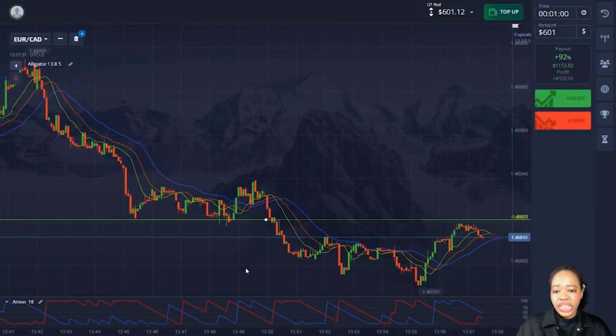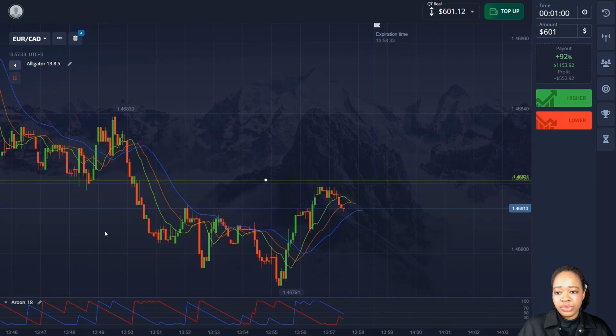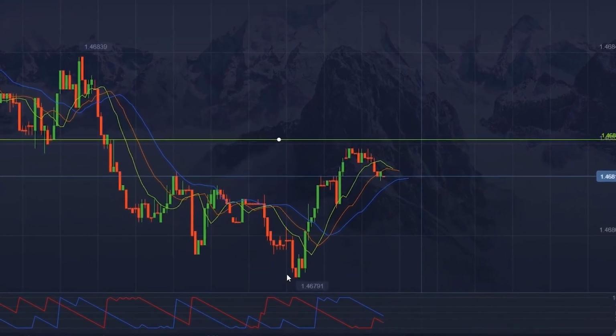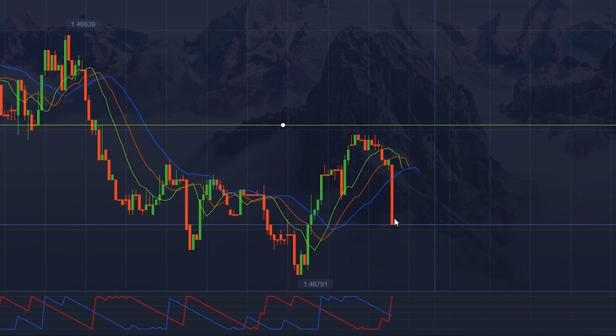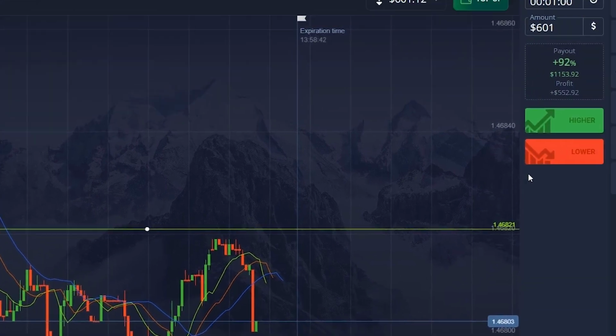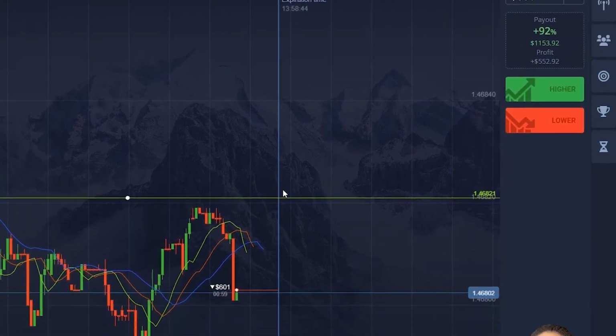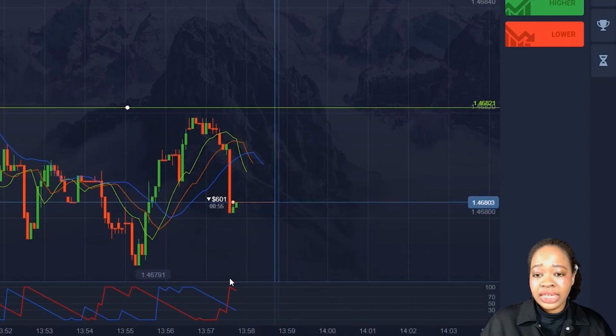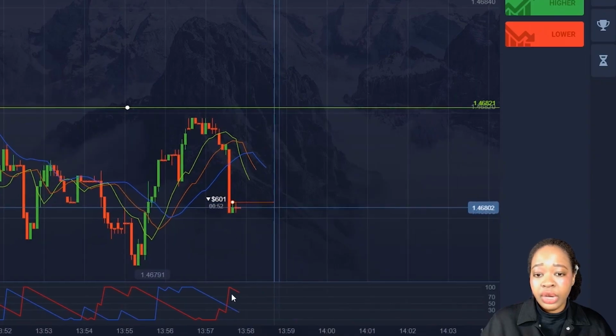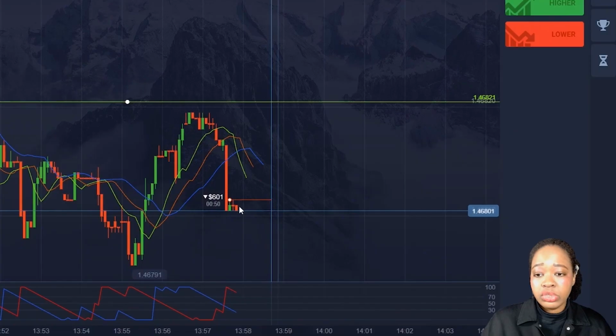Let me go on. So here we have a good and confident downtrend. As you can see, the price is making a jump to the top edge of the resistance level, and then the impulsive red candlesticks appear, and here I'm going to immediately open a deal for a fall for a minute because I can see the intersection of the averages on the alligator indicator, and also the red line of the Aaron indicator came up. Both tools tell us that the price has a good potential for a fall here,